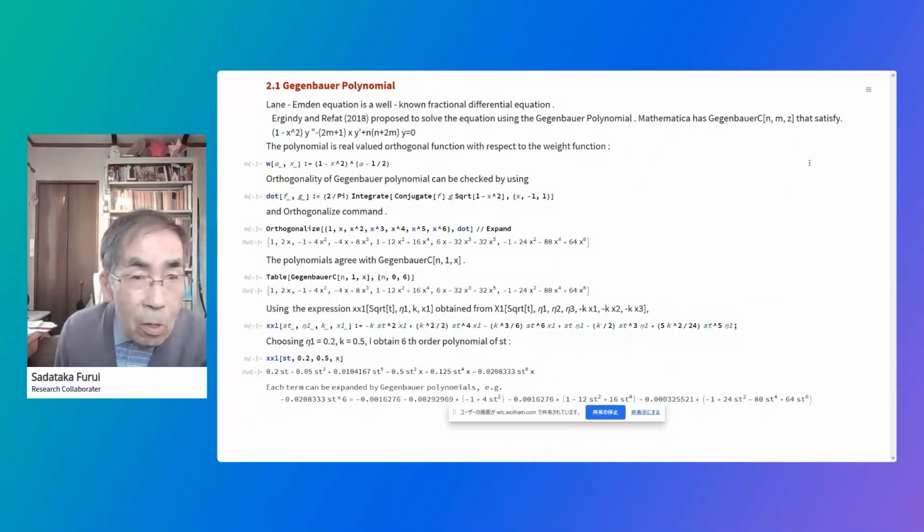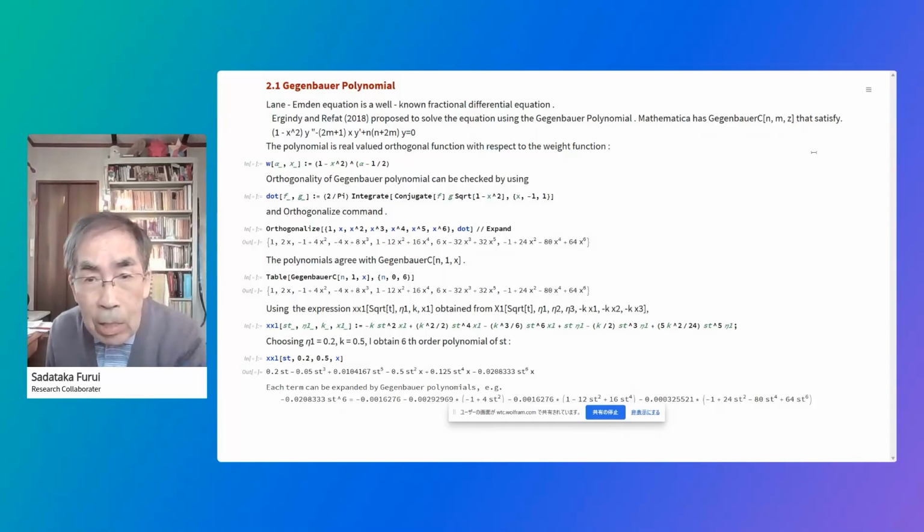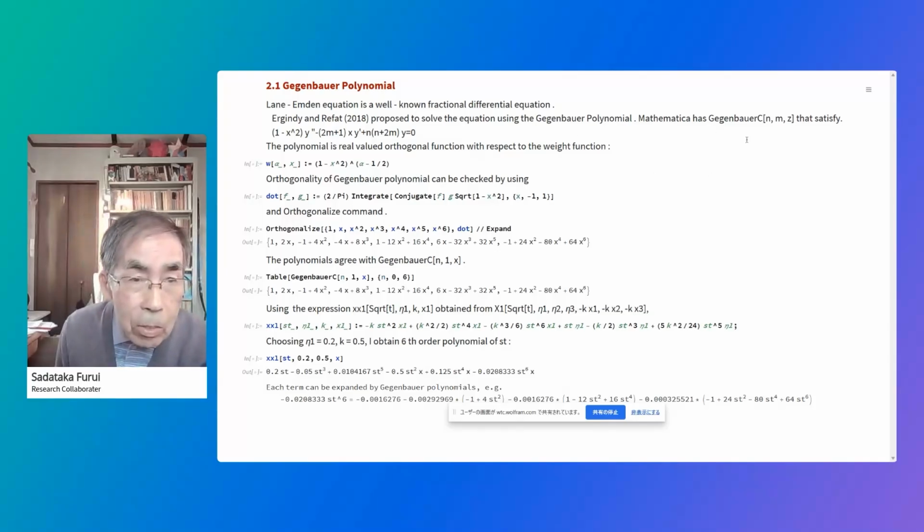And the Gegenbauer polynomials and the Langevin equation is a well-known fractional differential equation. And Elgingi and Kirefat proposed to solve the equation using the Gegenbauer polynomials. Mathematica has Gegenbauer C that satisfies this differential equation. The polynomial is real-valued orthogonal function with respect to the weight function given in this form. And orthogonality of Gegenbauer polynomial can be checked by using dot command,